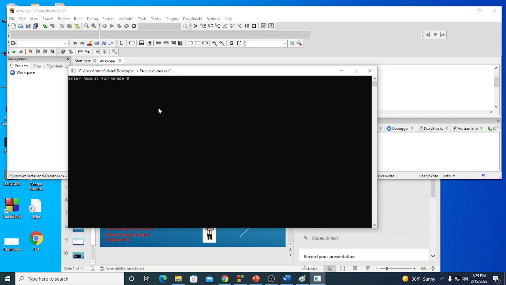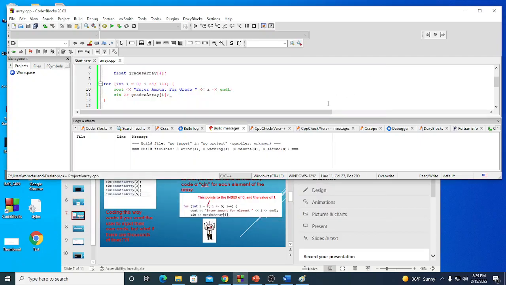Most people who aren't in the programming world, they don't understand the enter amount for grade 0. What do they mean by that? But we'll do it anyhow. 50, enter amount for grade 1. See what I mean? Wouldn't it be better if it started with a 1? I will show you how to fix that soon. So there's your average. We just made a program that can calculate grades, but we want to, on our cout,